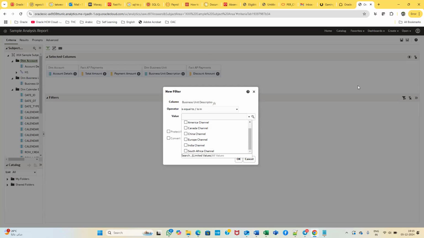So this is something you use if you want to apply hard code filters, right? Not only hard code, if you want to apply variable based filters also. How a variable based filter works is, let's say you have created a variable called current month. Now you want to show this particular report on the current month, right? So you will have a filter based on month ID, and you will put month ID equal to session variable current month,